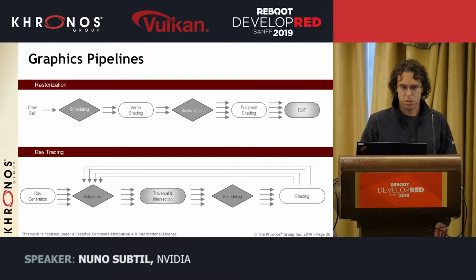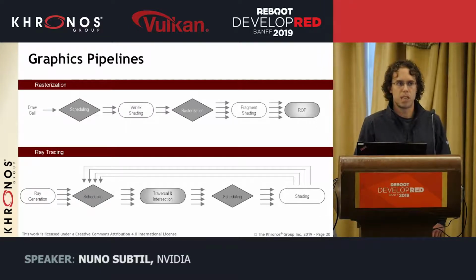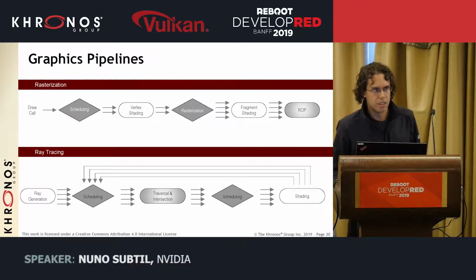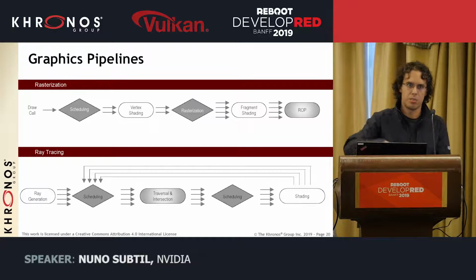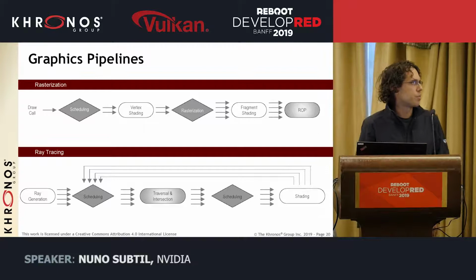So let's first do a quick overview of the graphics pipelines for raster and ray tracing. So for rasterization, I'm not going to spend too much time on this, but this is the basic pipeline. Draw calls go into some fixed function scheduling block that launches vertex shaders. This feeds a rasterizer with work, and there's some expansion going on since 3 vertices generate potentially many pixels. Rasterization is typically a fixed function block in hardware. It can also be thought of as sort of a scheduling block that schedules work for the fragment shader. Fragment shaders run in multiple threads, 1 per pixel. They generate work for some raster output stage that then writes that out to memory,